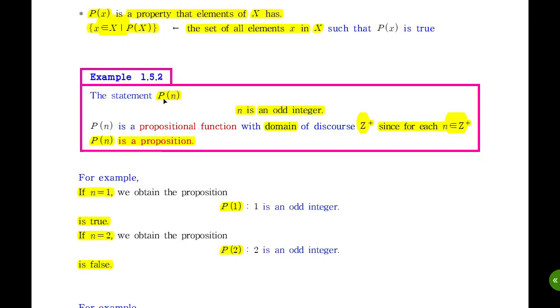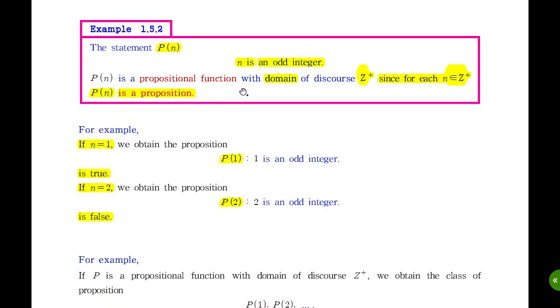First example: the statement P of x, which is "n is an odd integer", then P of n is a propositional function with the domain of discourse being positive integers. Okay. Then P of n is a proposition because we can decide whether P of n is true or not. In this case, this proposition is